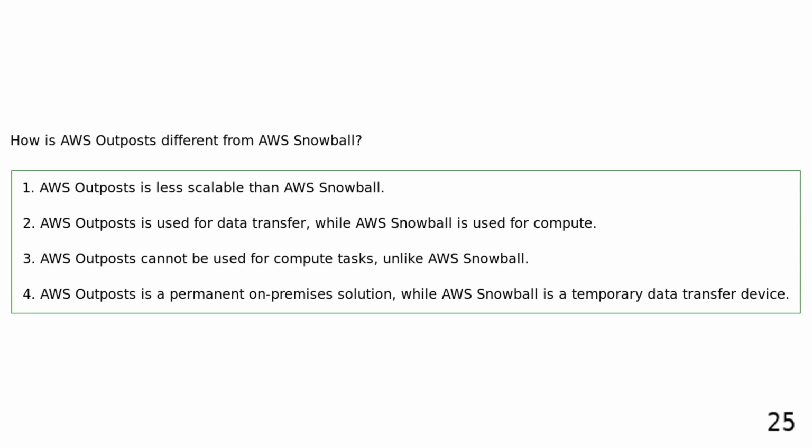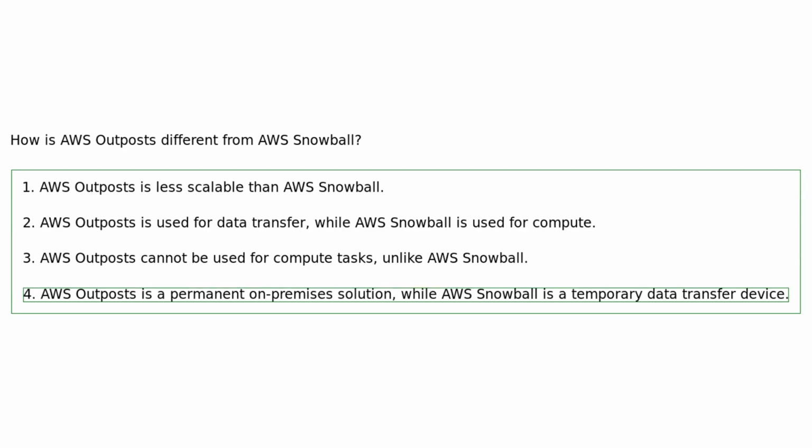scenarios. How is AWS Outposts different from AWS Snowball? AWS Outposts is less scalable than AWS Snowball. AWS Outposts is used for data transfer, while AWS Snowball is used for compute. AWS Outposts cannot be used for compute tasks, unlike AWS Snowball. AWS Outposts is a permanent on-premises solution, while AWS Snowball is a temporary data transfer device. AWS Outposts is a permanent on-premises solution designed to run AWS services, whereas AWS Snowball is a temporary data transfer